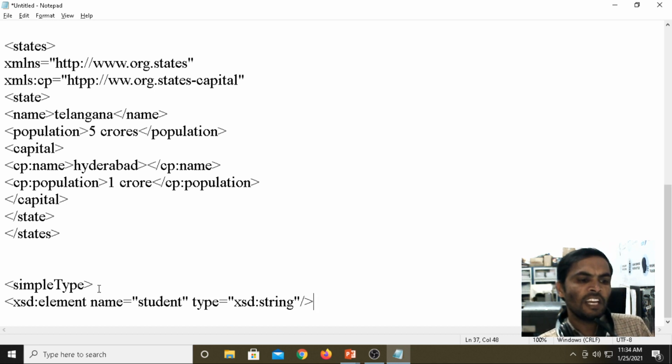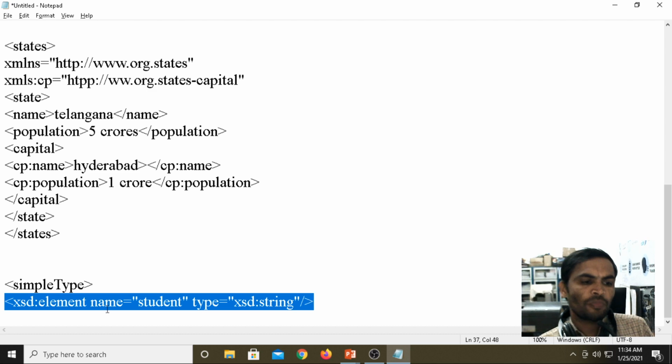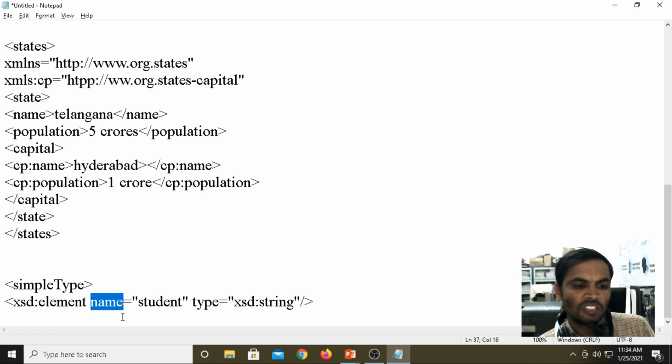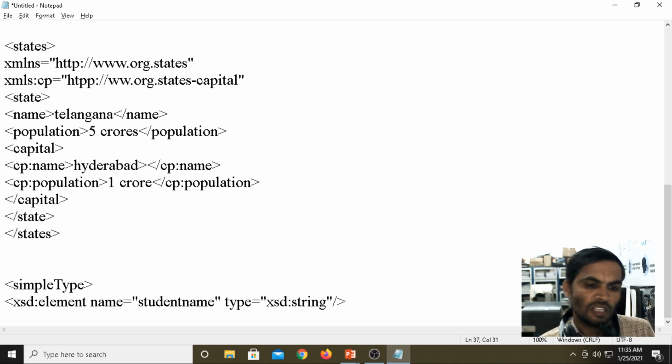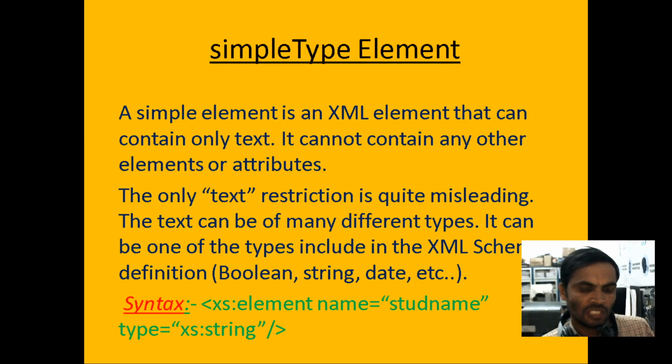We can define the elements under the XML schema in this way: element, name, and so many attributes will be there. We are focusing only on two attributes. Name identifies the element name, studentName. Then type specifies which data type it has, according to the syntax.